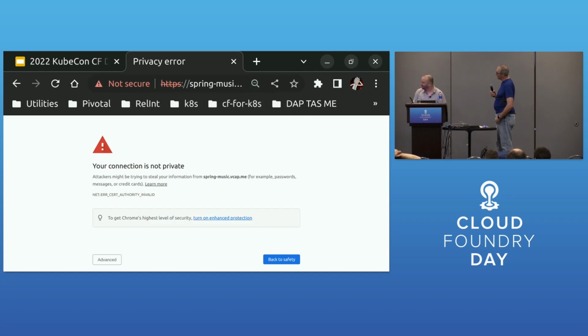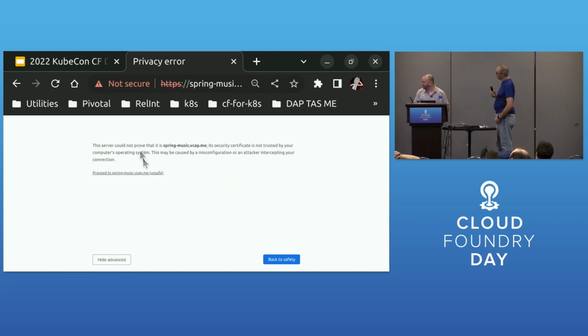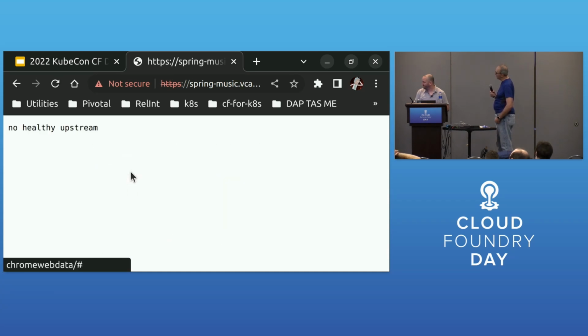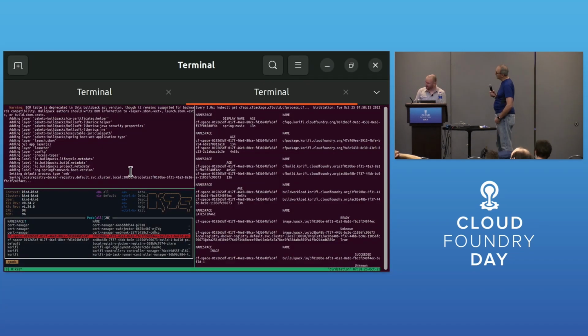Where's my mouse? It's somewhere. There you are. Type the magic, this is unsafe. Okay. Oh, the next one's coming in, so I got to know healthy upstream. Fun. Well, this is a demonstration of what can absolutely go wrong in a live demo. Don't be me in the future, because it feels great, let me tell you.